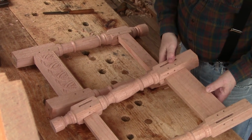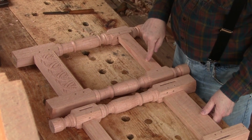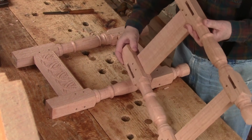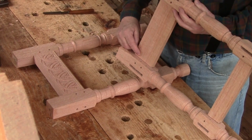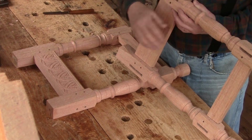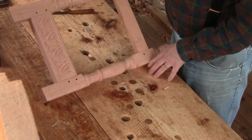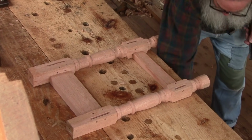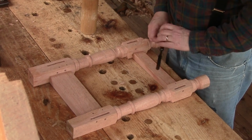I've got one section all drawbored and ready to pin, and I'll show you what I did to that on this section. Here you can see the marking system where I struck these rails and stiles with a chisel, numbering them 1 and 2 on the apron and the stretcher. I did that with a mortise chisel, and I'll do the same on this section with a carving gouge, so it'll be distinct, and I'll only have to count up to